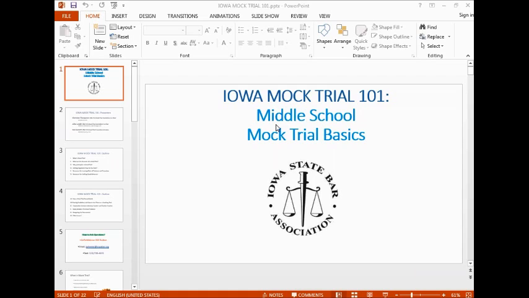There will be witnesses on both sides of the case that don't have that kind of investment in whatever the outcome of the case is. But often the initial impression of the student is, oh, I want to help my team, so I'm going to get really defensive, I'm going to argue really hard for whatever side of the case I'm a witness on. And that's not always what that witness should be doing.